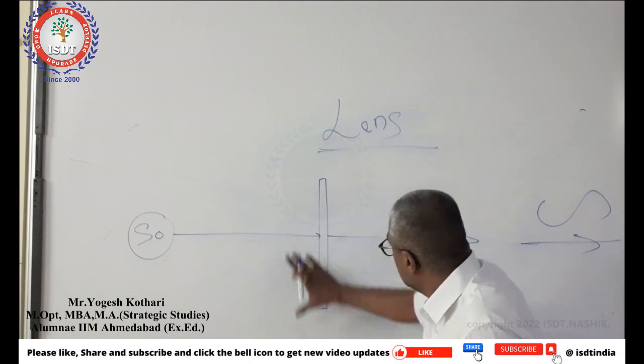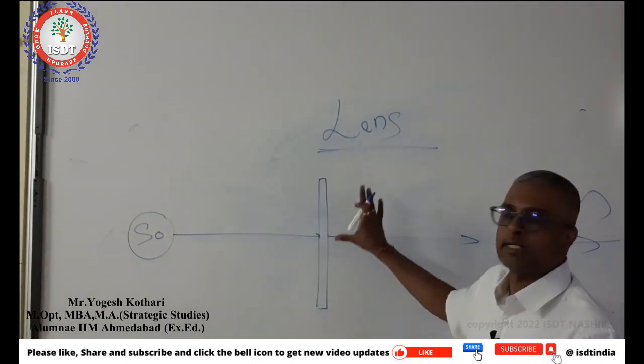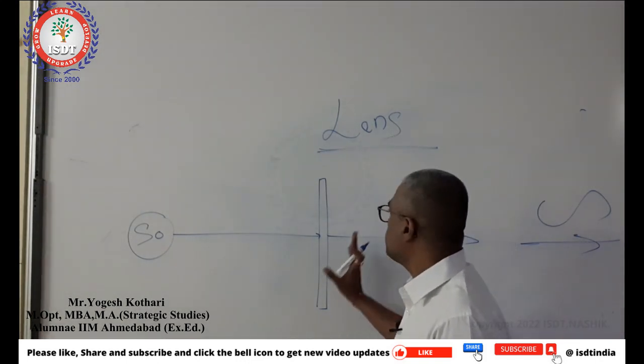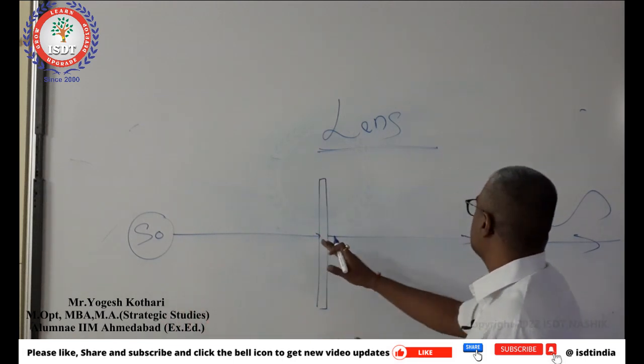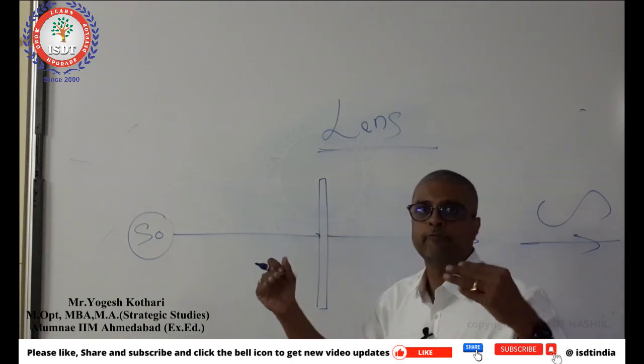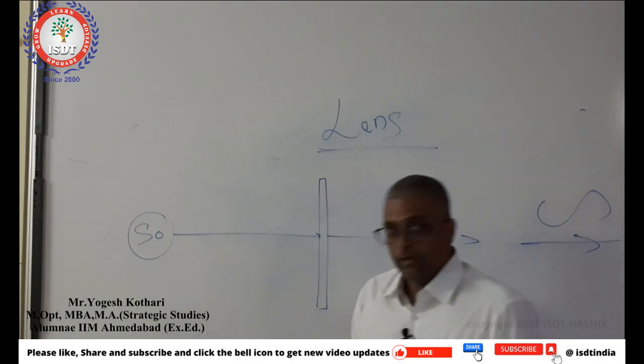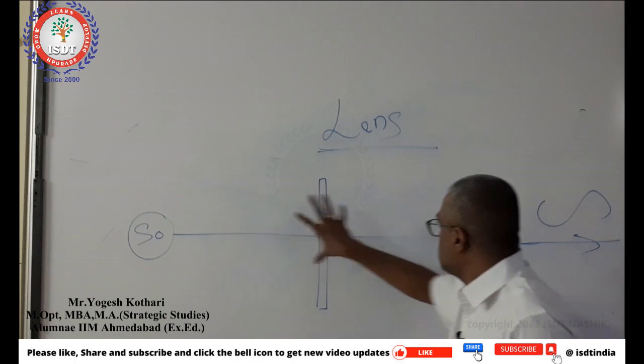So this object allows light to pass through and it travels in an absolutely straight line to infinity. Now we need to use this specific phenomenon